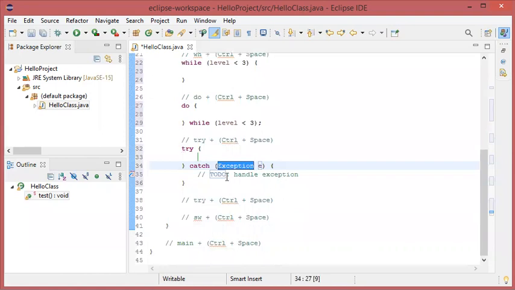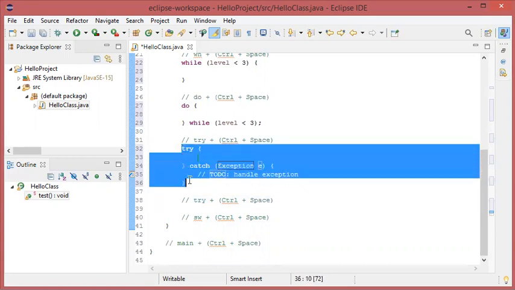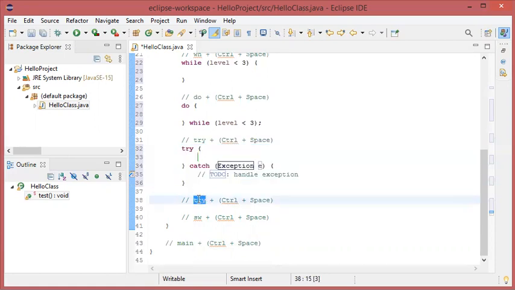And here, as you can see, the catch does not contain anything. It just contains a comment. Let's say that I want to create a new abbreviation for try, which allows me to obtain try catch, but in the catch, I can obtain the content and the description of the exception. So to do this, I will make a copy of this code